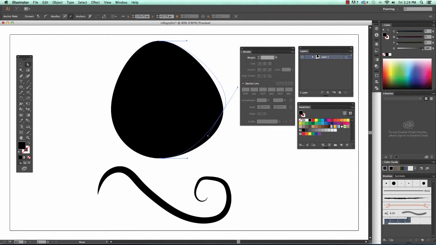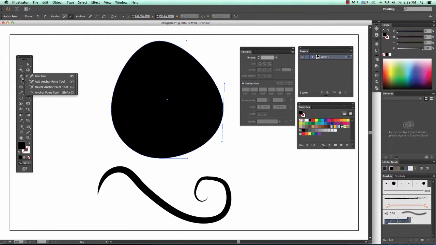So you can see that it works like a teeter-totter, and you can see both sides of that curve from the point are moving back and forth, back and forth. If you want to break the handle in half and just have this side of the curve moving or changing,